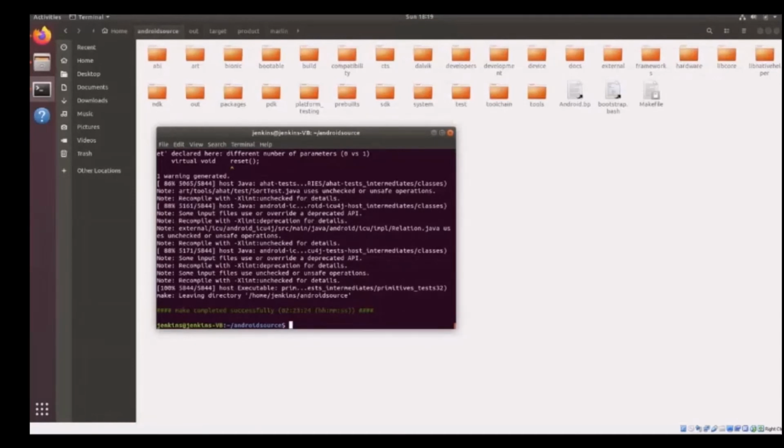The build has been completed. Let's navigate to the output directory and see what IMG files have been generated.